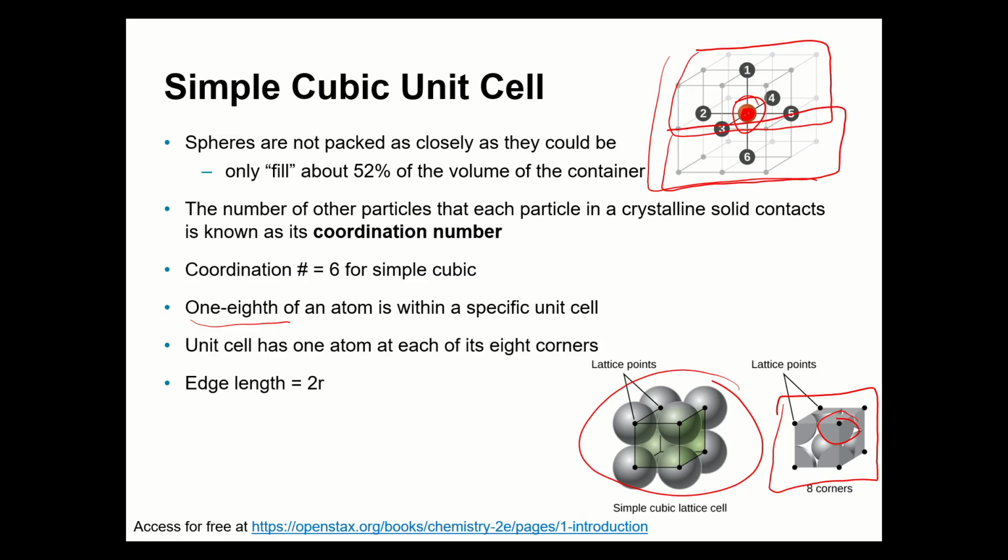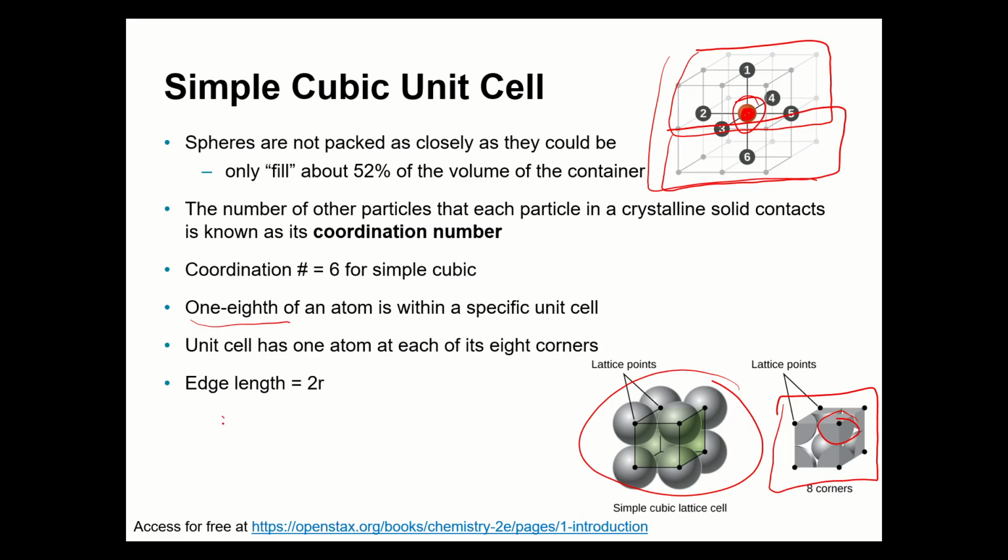Okay, so if you count those up, you've got that atom occupying a total of 8 cubes, and so that's where you're getting 1/8 of the atom located in one cube or one unit cell. So because of this, if we want to calculate the total number of atoms located in a simple cubic cell,